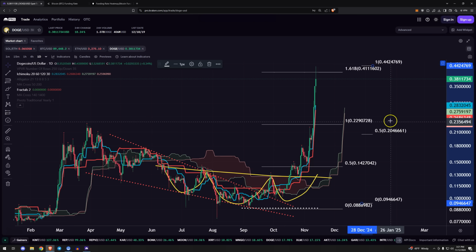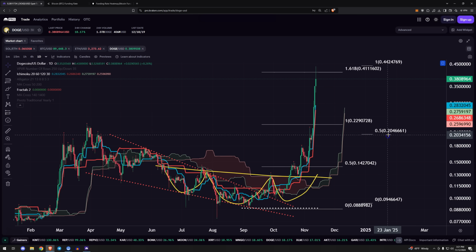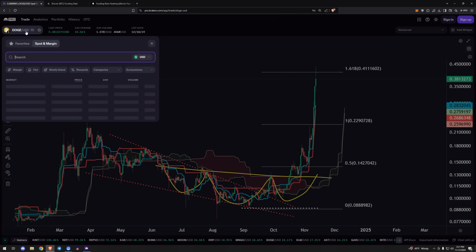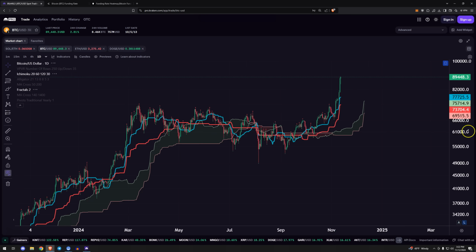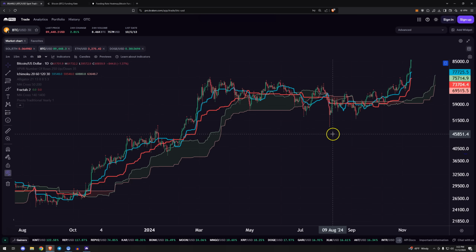I think that's a little aggressive. The cloud, the red line here, has it at like 27. So if I had to put blind bids on Doge, it would be 27 based on the Kijun of the cloud. For BTC, that level would be 74. Do I want that to happen? Absolutely not. Do I think that'll happen? Also probably no. But throughout history, these levels have a pretty high hit rate.